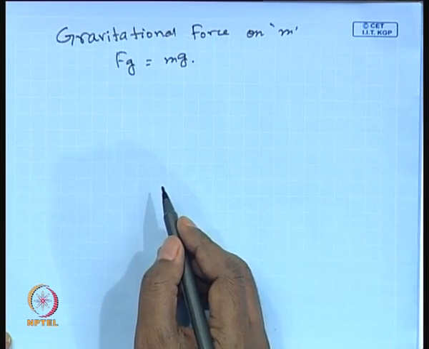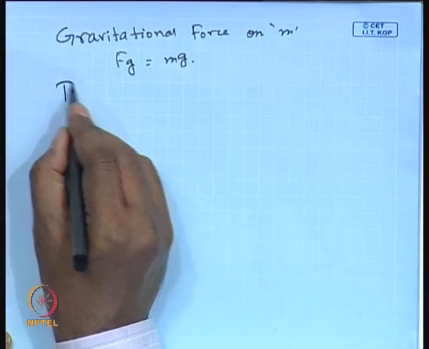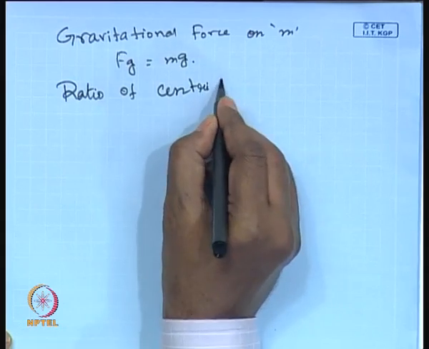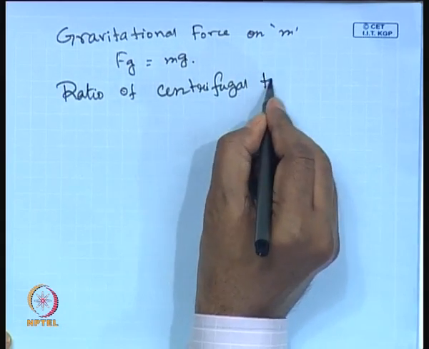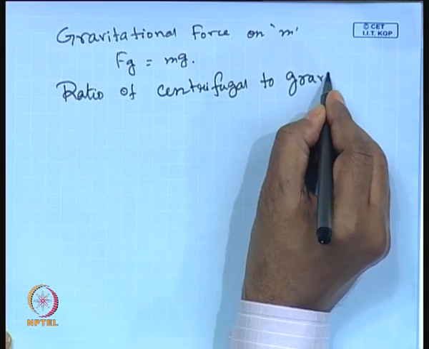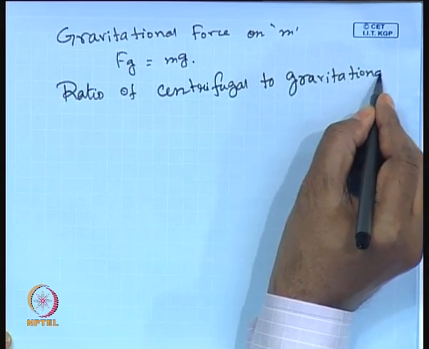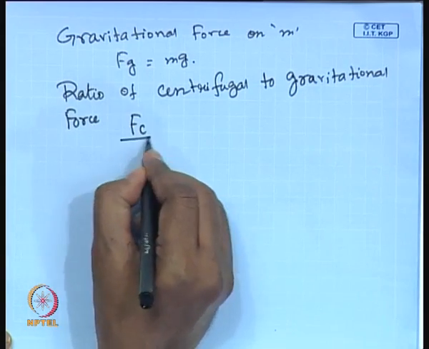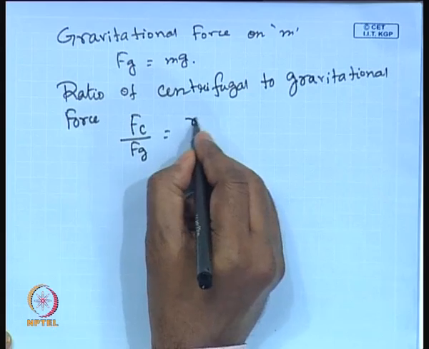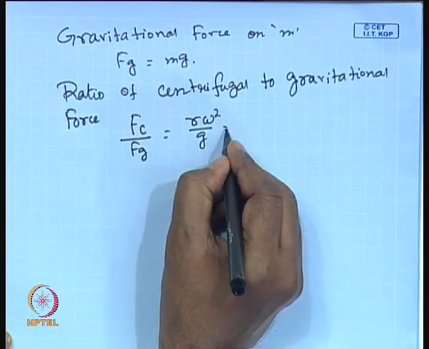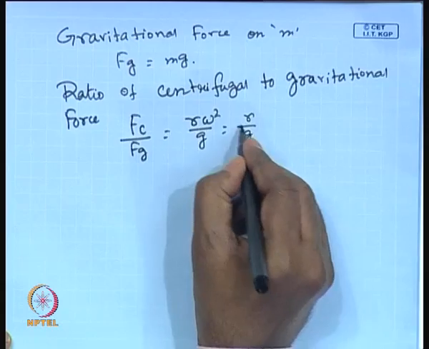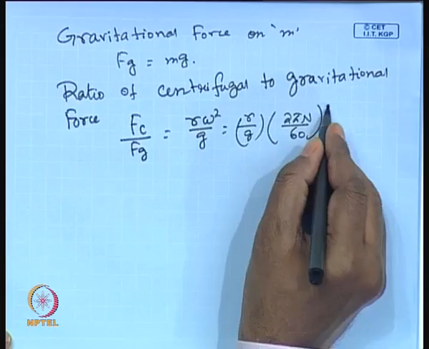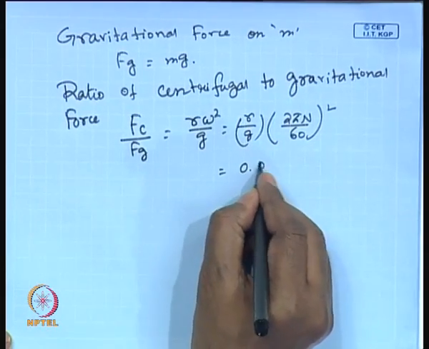The ratio of centrifugal to gravitational force can thus be computed. Fc by Fg is equal to r omega square divided by g. So, it will be r over g, and replacing the expression of omega, that is 2 pi n over 60, squared, it turns out to be